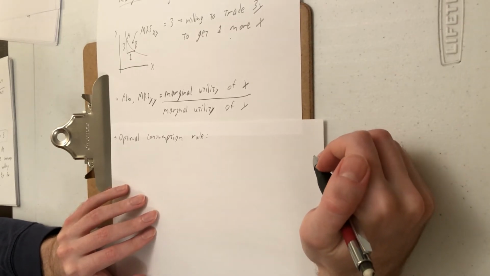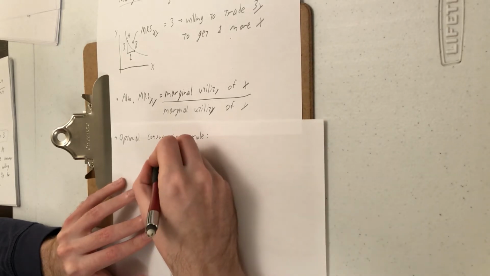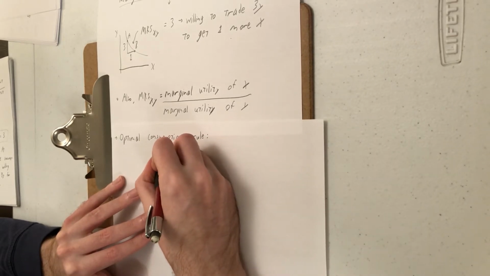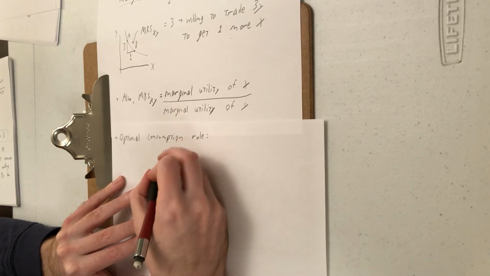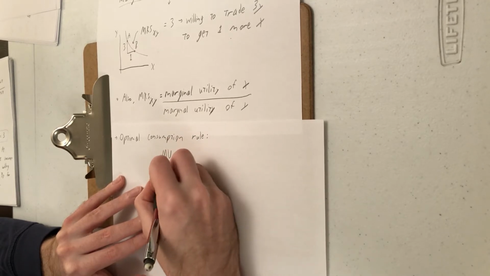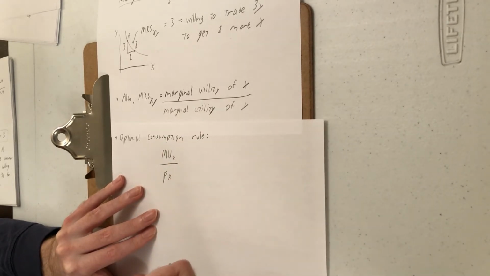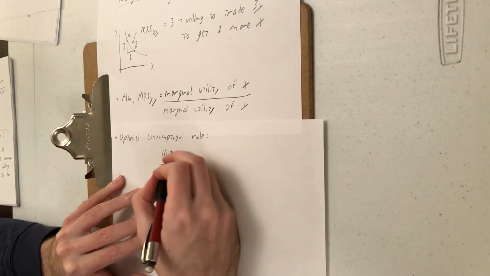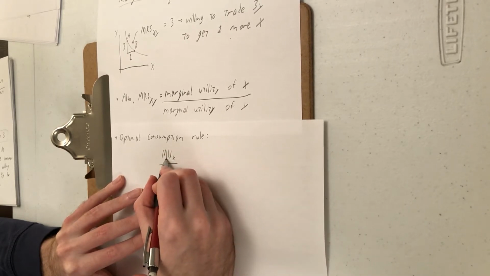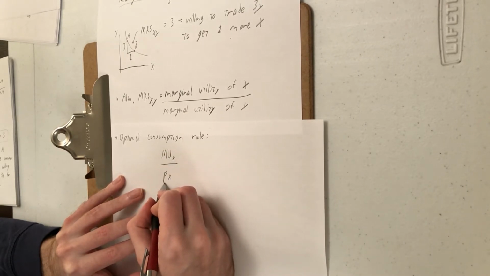And we said that rule was you had to have the marginal utility per dollar